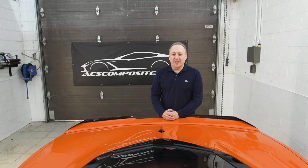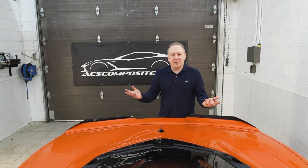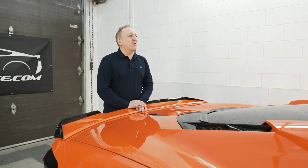My name is Joseph, and today I'm showing you our new Z06 spoiler for the Stingray. We've all seen the new Z06, we all want one. Not many of us are able to get one, but we can play with our Stingray. So you're probably familiar with our full line of Z06 conversion parts for your Stingray. From our Z06 rocker, which is our best seller, to our Z06 canards, we now introduce the rear end treatment,